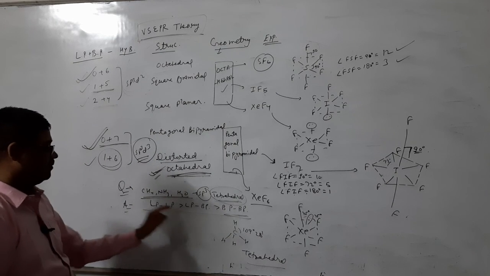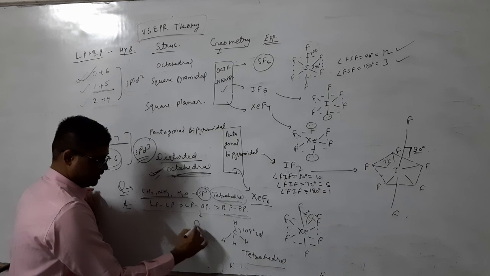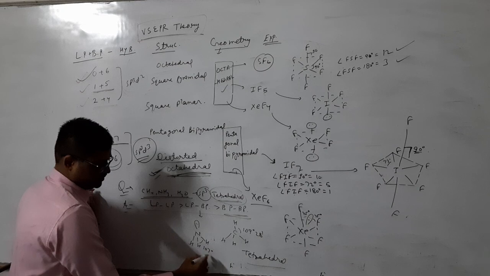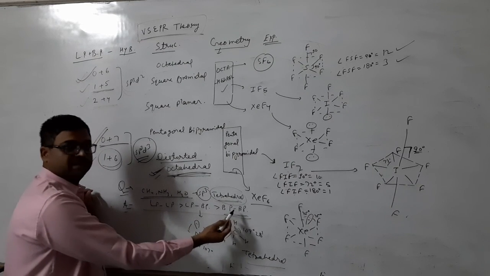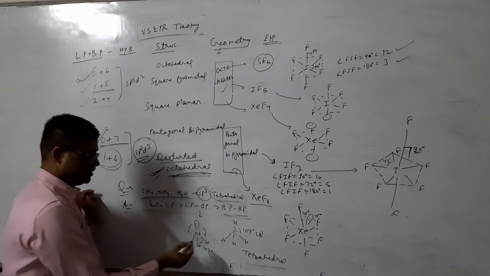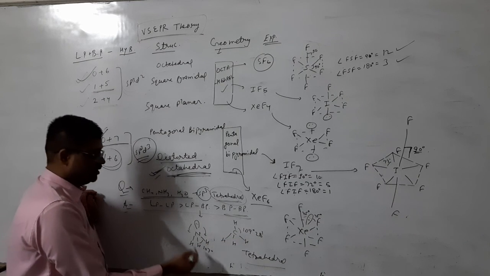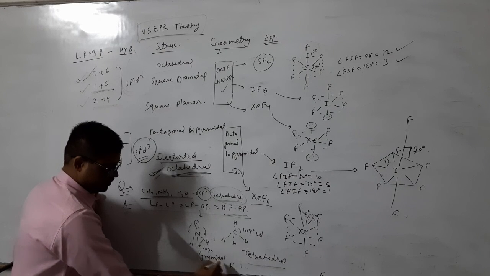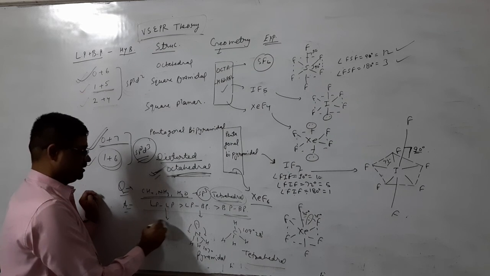Clear? But if I take this case, I can take the example of ammonia. Now you can see this has a 107 degree angle because there is lone pair bond pair repulsion, which is more powerful than bond pair repulsion. So this lone pair will compress the bond angle in the downward direction and decrease the angle from 109 degrees 28 minutes to 107 degrees. Hence the structure becomes pyramidal rather than tetrahedral. Clear?